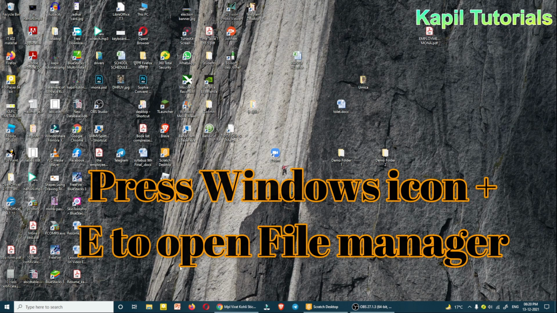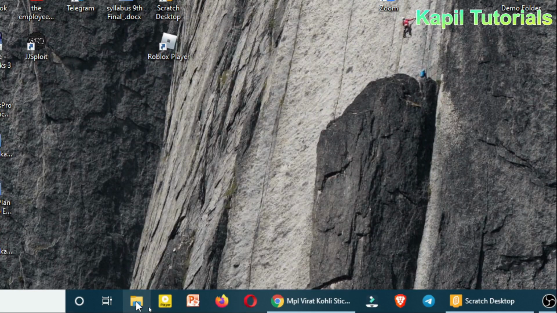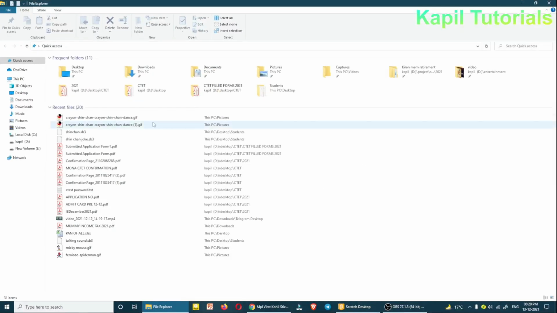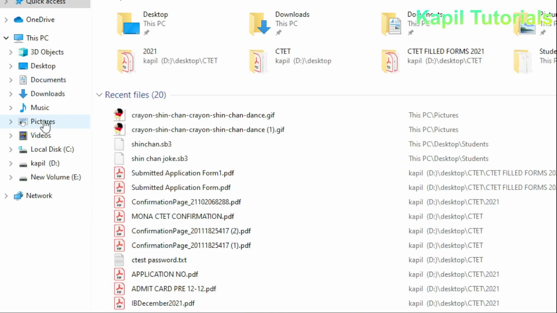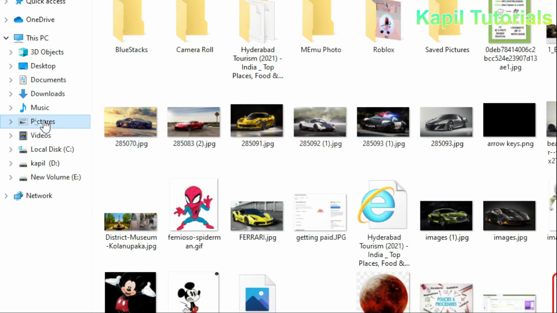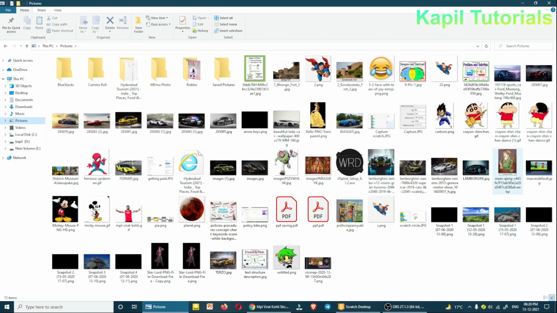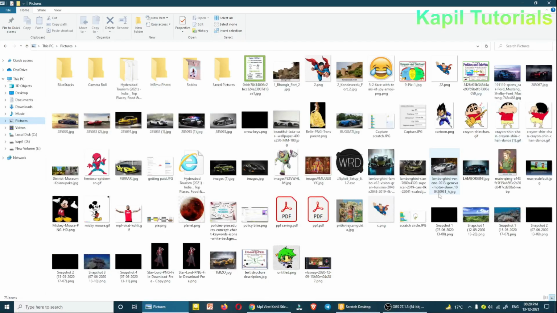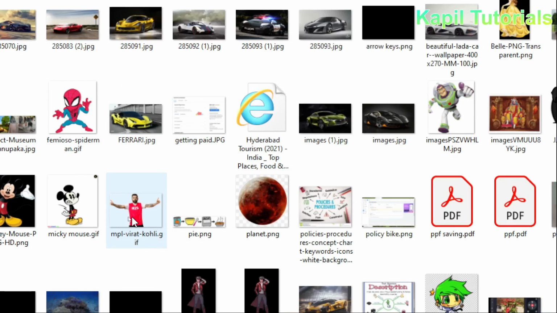You can always use Windows key plus E, or at the bottom this is my folder, Windows Explorer. I'll just open it and if I go to my images, that means pictures where I have downloaded, where I have given the path, I'll click on this and you could see these two images which I have downloaded. These are both GIF images, meaning animated images. So I'll be needing these when I'm making my animated video.